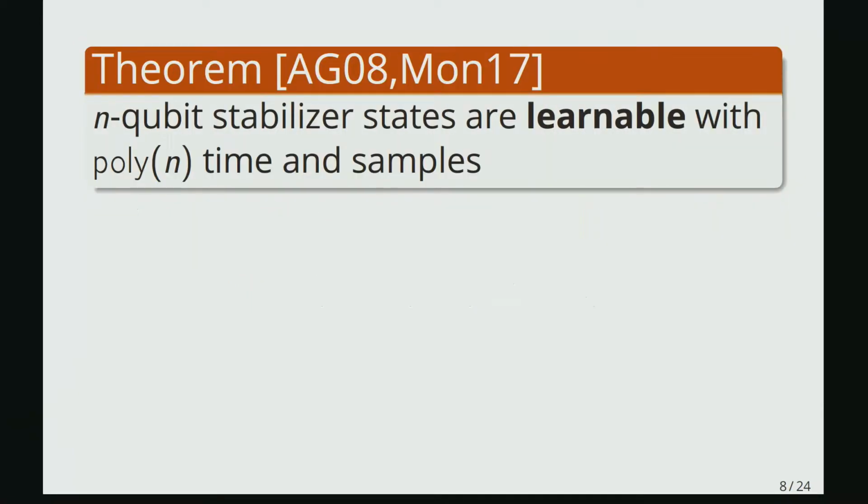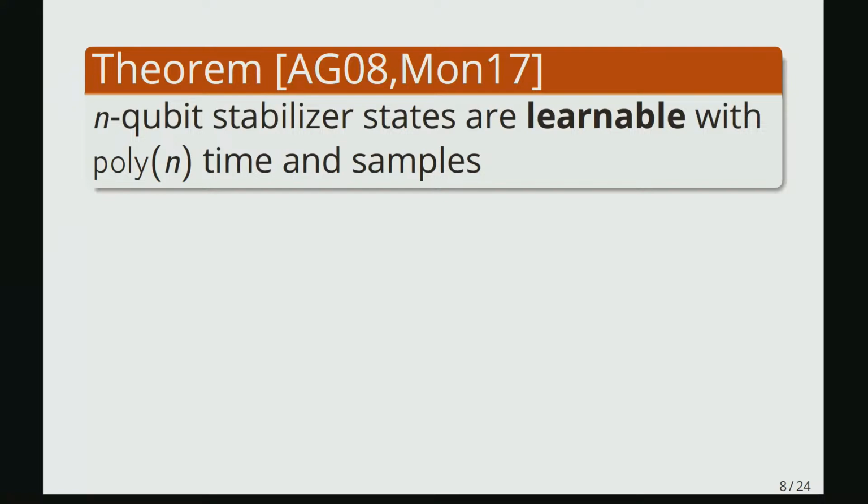Good. So as I mentioned at the start of this talk, one of the nice properties of stabilizer states is that they are efficiently learnable. So there is actually a polynomial time algorithm that, given copies of a stabilizer state, can uniquely recover the state with high probability. And this is due to the work of, I guess, first observed by Aaronson and Gottesman, and later in a slightly different